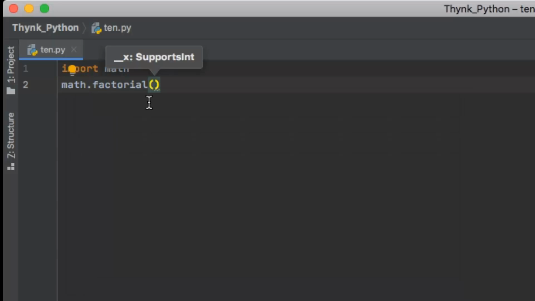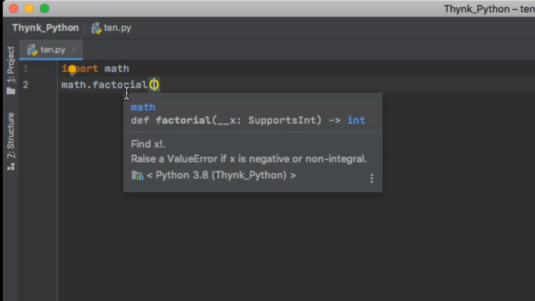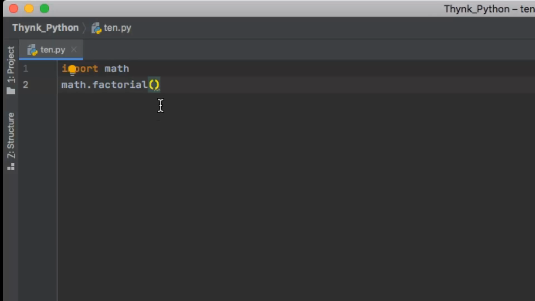Now see, the moment I've selected factorial out of the list of all the math functions, the round brackets are automatically present. You notice the cursor blinking here. That means it is demanding a value from the coder to calculate the factorial of the number. So here I'll enter, for example, 5, right? And now I want to see the output. To see the output, I'll print this on the output screen.